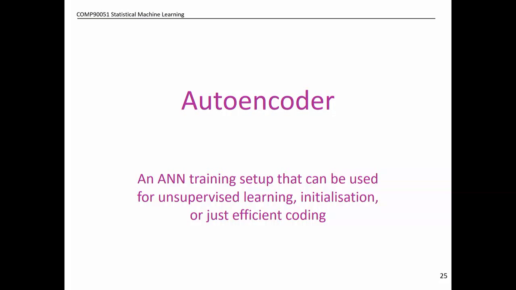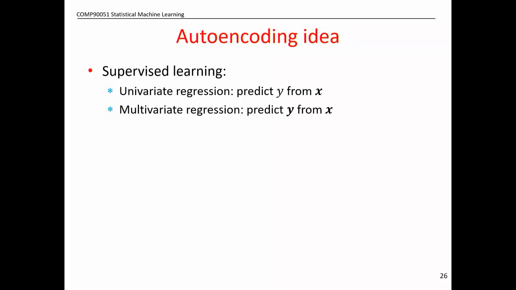Autoencoders. So this is another little idea that I thought would be cool to talk about. It also connects to other things in the subject, so that's another reason I chose to talk about this. Okay, so we've talked about supervised learning. We use X's, we want to predict Y's. We haven't talked about unsupervised learning, but you've got X's, and you don't have Y's at training time. And you're looking for structure in the X's. You're trying to do dimensionality reduction, you're trying to cluster, you're trying to fit a model or something.